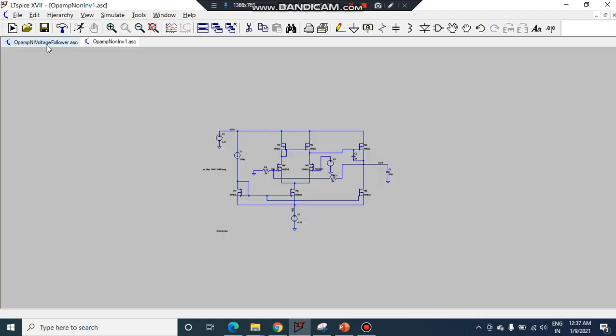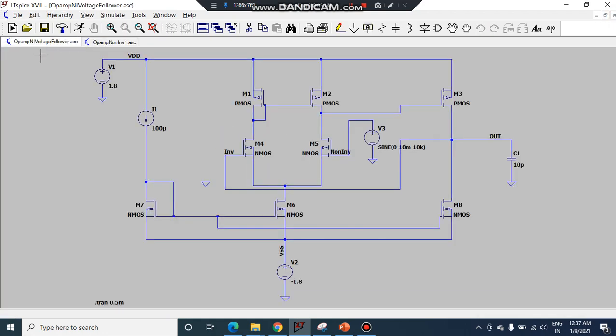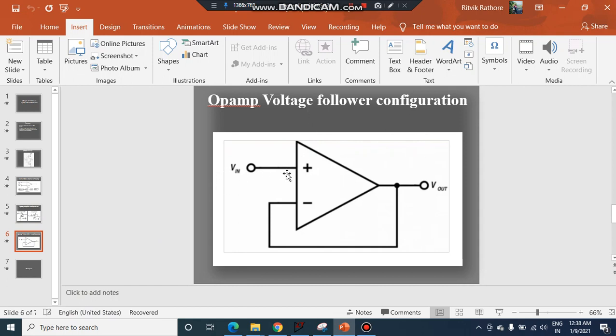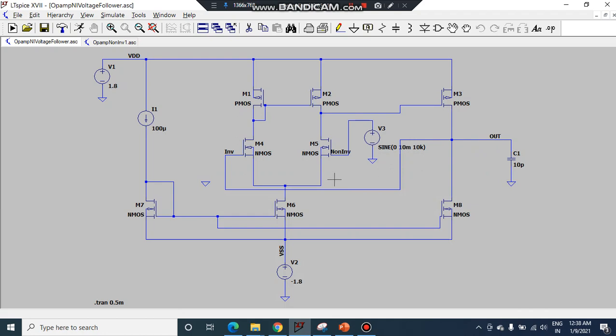Now let us see a simple configuration of voltage follower. So again, I am having the same schematic, that is a differential amplifier, there is a common source amplifier, but here instead of connecting the feedback through the feedback resistance, I have directly connected the output node to an inverting node, and input I am applying to non-inverting node. So this represents basically the voltage follower configuration, where input is applied to non-inverting terminal and the inverting terminal is simply connected to output node. So this is what we have done here.